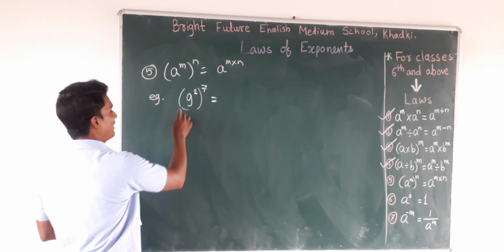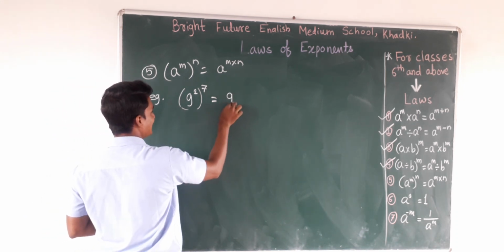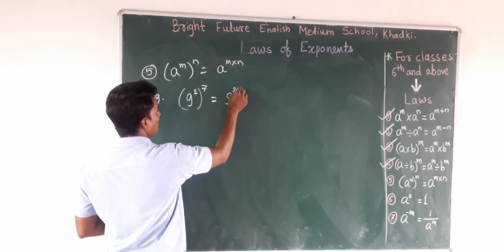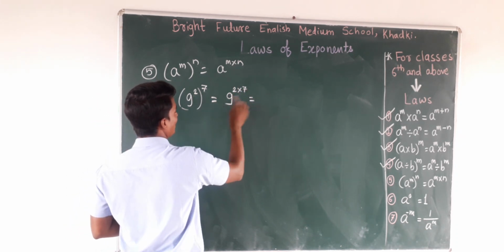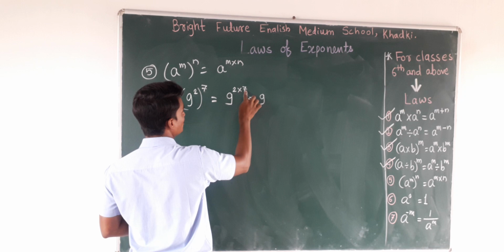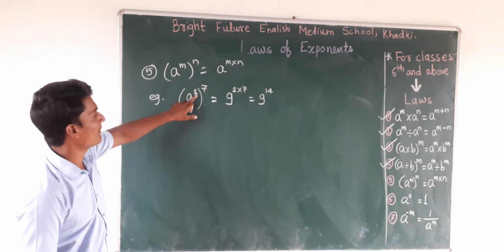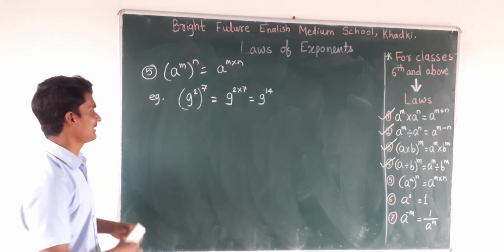Power is there. Then what we have to do is write down the base one time and multiply the power. So this is m and n. So multiply 2 multiplied by 7. So 9 raised to 2 7s are 14 and this is the answer. क्या करना है, सिर्फ हमें पावर का मल्टीप्लिकेशन करना है, बेस एज इट इज लिखना है.